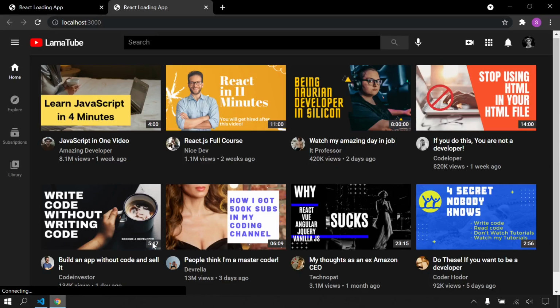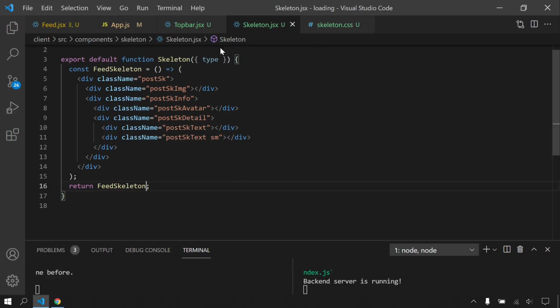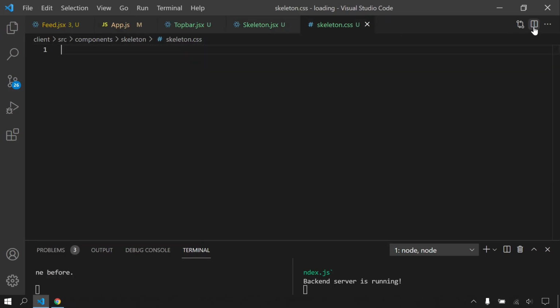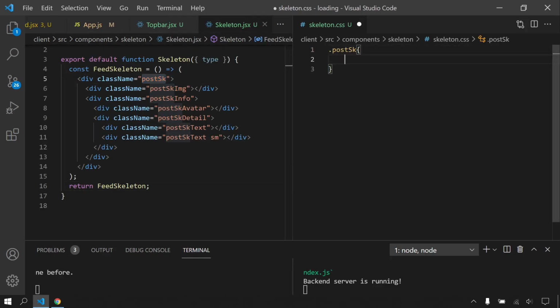If I go to the home page, we can't see anything because we don't have any style. Let's do that. I will close here and split this screen. Okay, firstly our main container, it's gonna be the same thing like post.